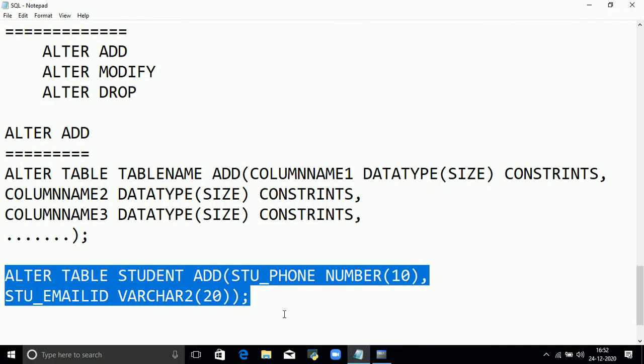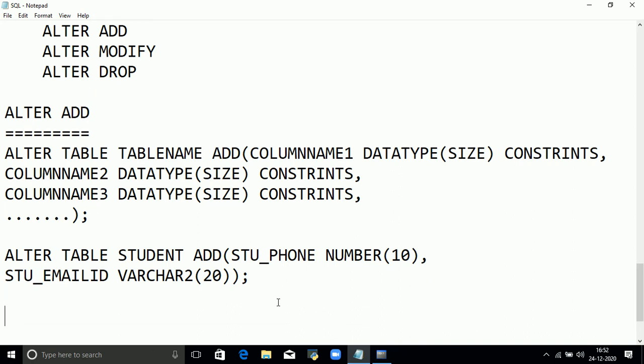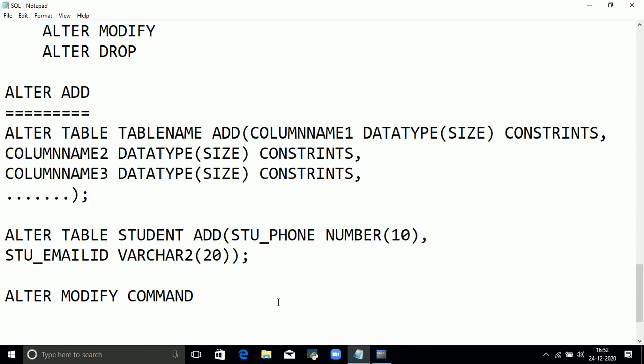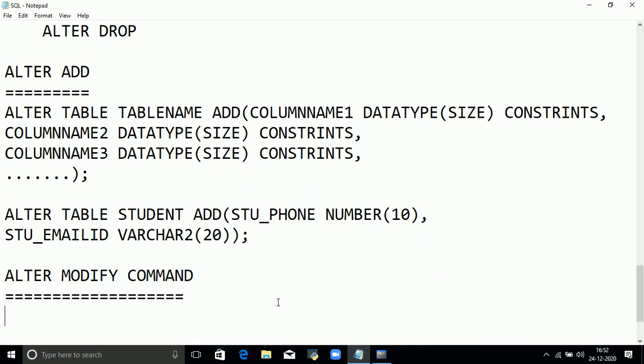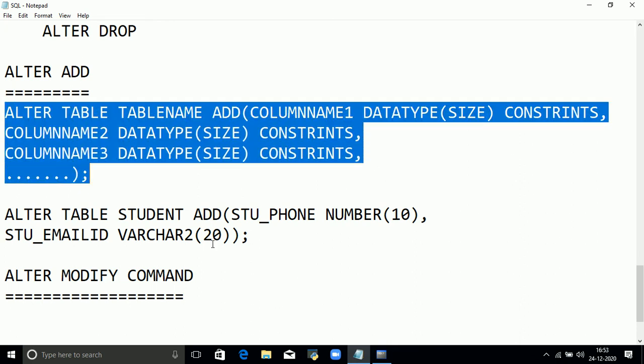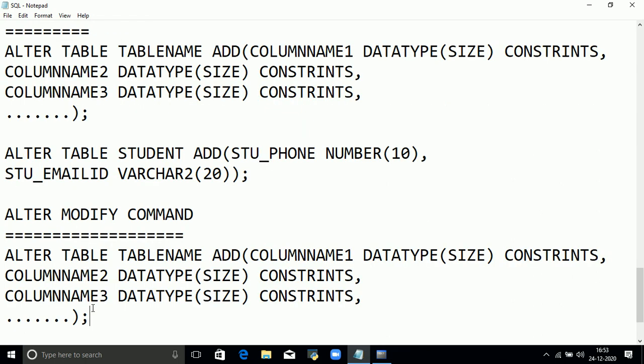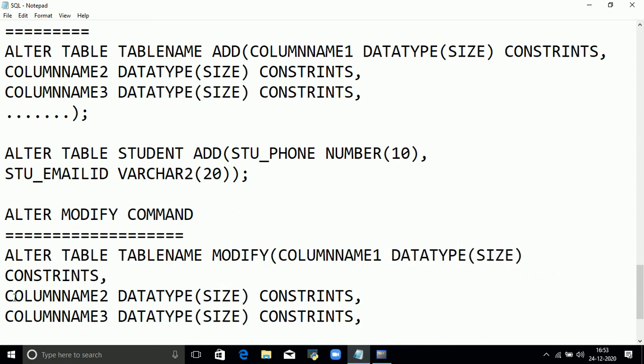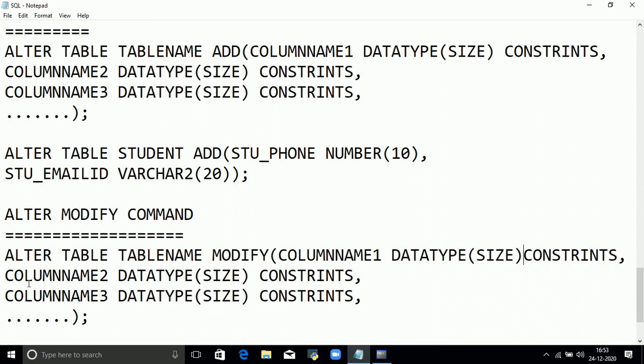The next one is the alter modify command. The alter modify command is used to modify the data types and also the data type size. This is the syntax of the alter modify command.